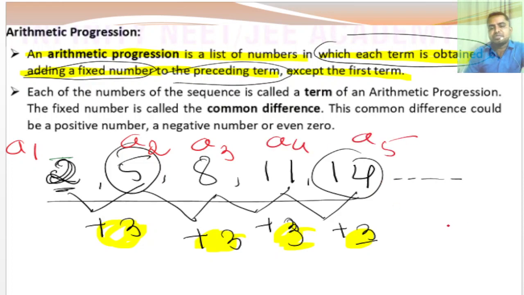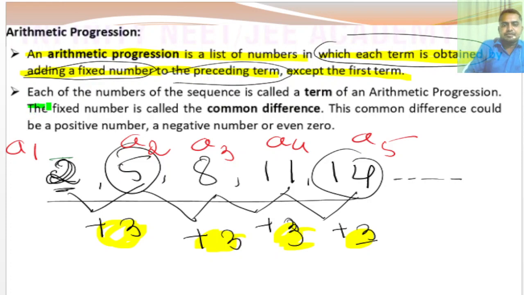As in the case of a sequence, we are denoting the terms of the arithmetic progression also. A1 is the first term, or A is also called the first term, and A2 is the second term, A3 is the third term, A4 is the 11th term, A5 is the 14th term. Yes. And one more important thing, this fixed number is called,